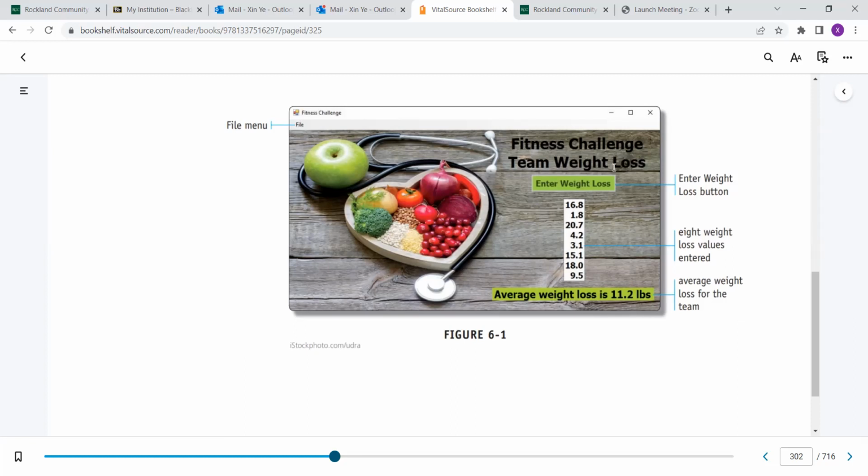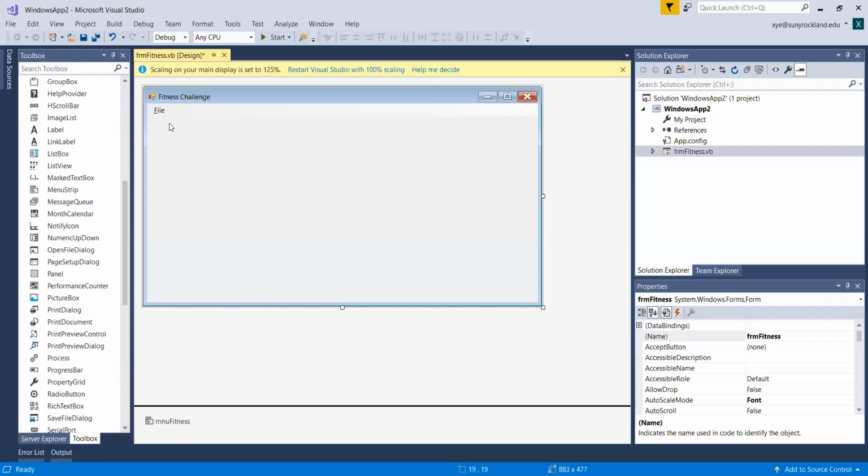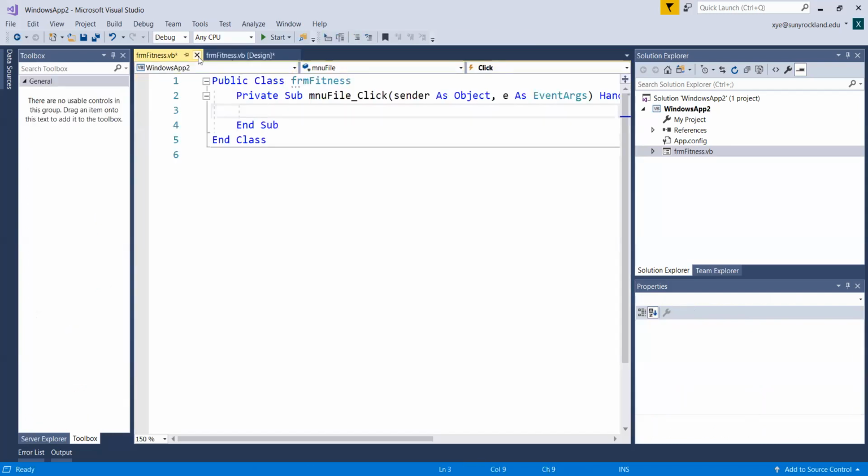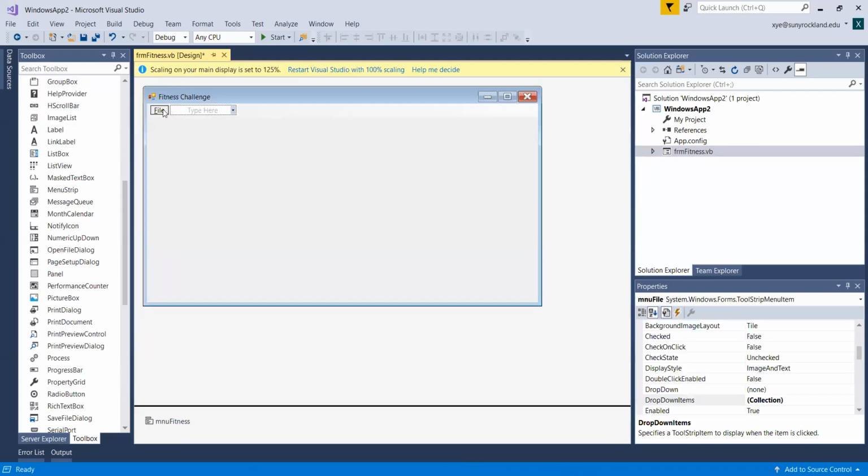Okay, what's the question? Could you go over the menu again? I got kind of lost. Okay. So we have this file, have this. How did you get those multiple ones? You just click and type here. So you generate this. Under the file, you double click. Oh, sorry, I should not double click. Under here, you just type